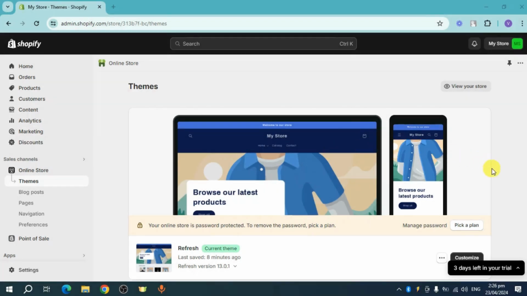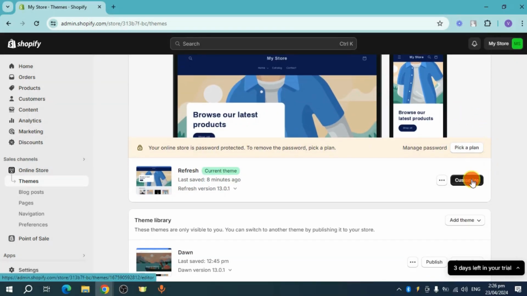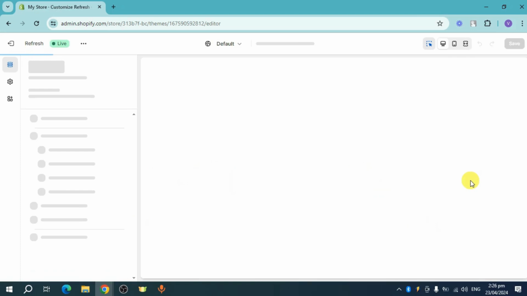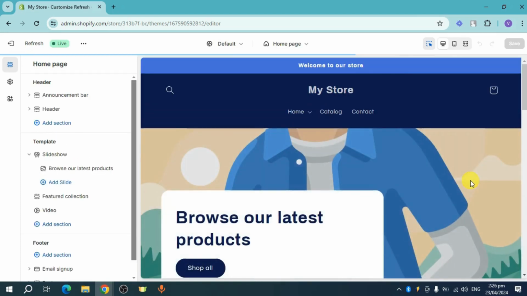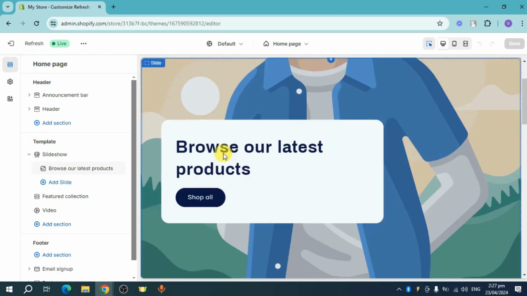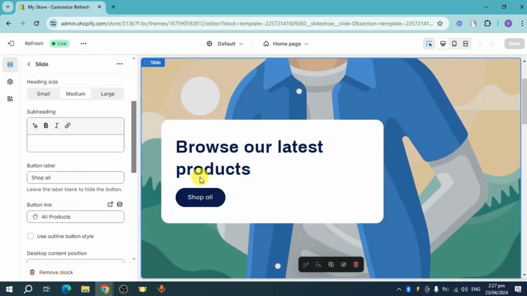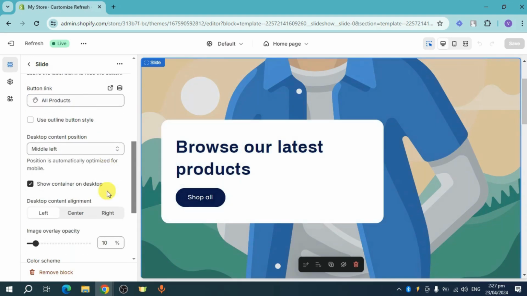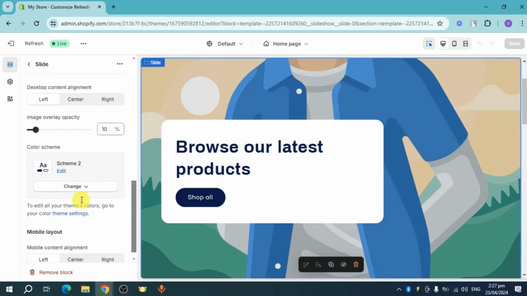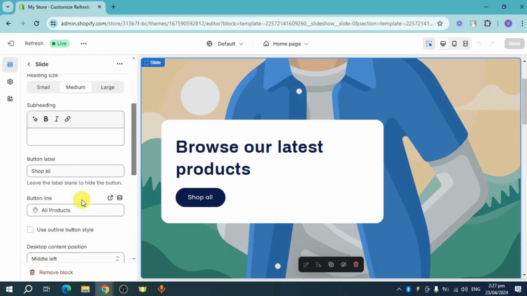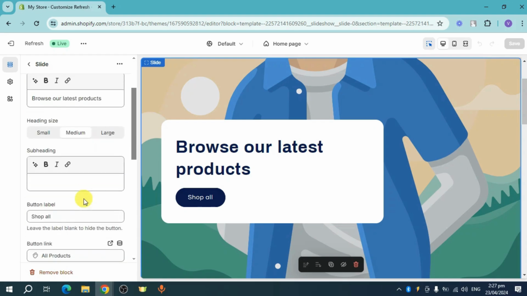Let's get started. So in order to do that, head over and click on this customize right here. Once you have clicked on that, you should be able to see your Shopify editor. Now what we need to do next is you can actually just click on a specific element and you can see in here that they have their actual settings, like for example, what it will look like, as well as the color scheme, layout, mobile layout, and all of these things right here, as well as this button